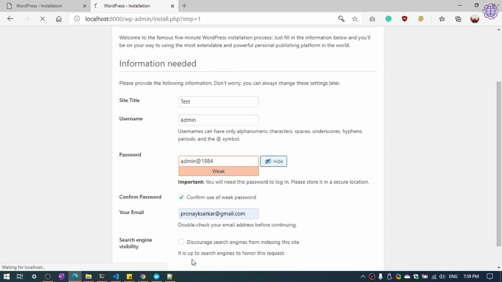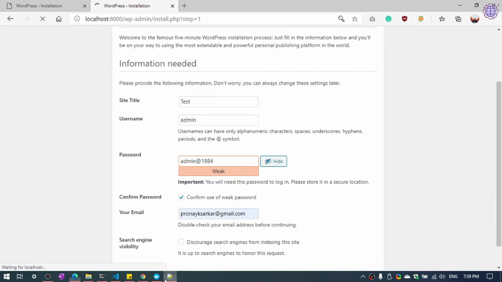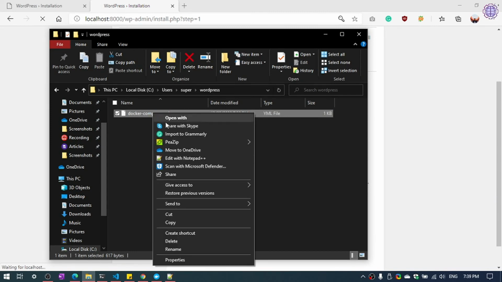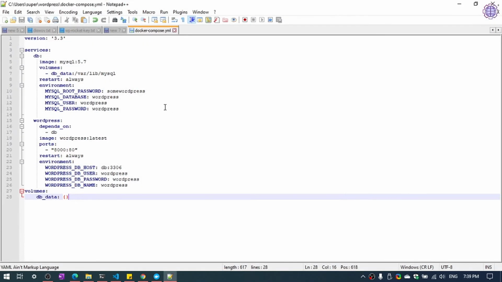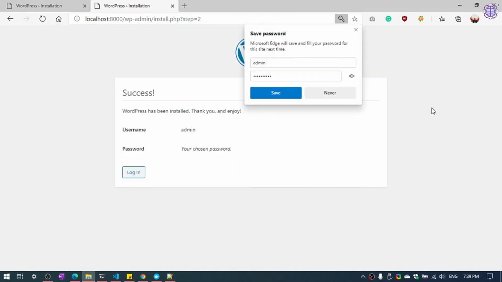If you want to change your database credentials, you need to open the docker compose file in your file manager again, and edit it with Notepad, and you can see here the MySQL root password and database username. You need to change them to your own credentials. This is a local machine, so no need to worry, you can choose as you want.